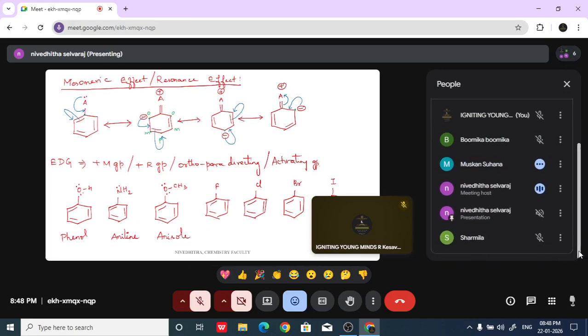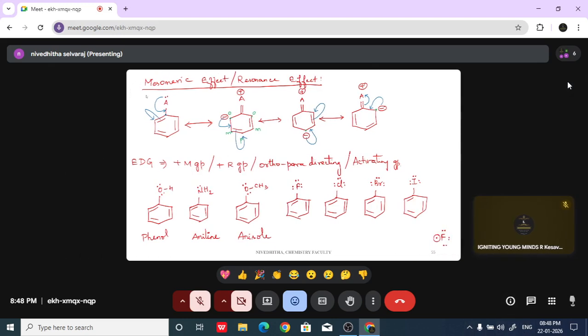So this has only 1 bond pair which is attached to benzene. So the rest of the electrons are lone pairs, right? So fluorine has 3 lone pairs. Similarly, chlorine has 3 lone pairs. Bromine also has 3 lone pairs, and iodine has 3 lone pairs. So all these groups are called ortho para directing groups, or plus M groups, or plus R groups, or activating groups. Okay. So next we're going to see the next